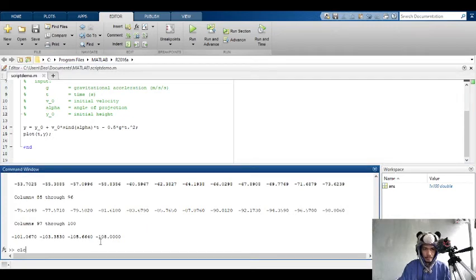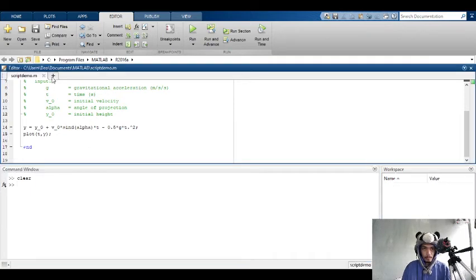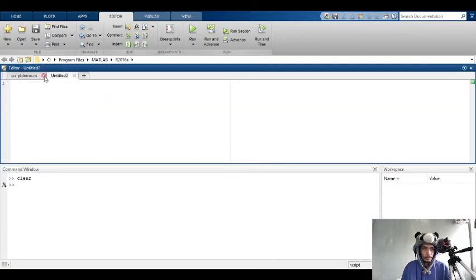Okay, let me clear this up. Clear. And then let me create a new function. So sa Octave, pwedeng pagka-end function nyo, create lang kayo ng extra space, enter, and then enter ulit, then type na lang kayo ng function. Okay, so function. So I want function as roots. So roots